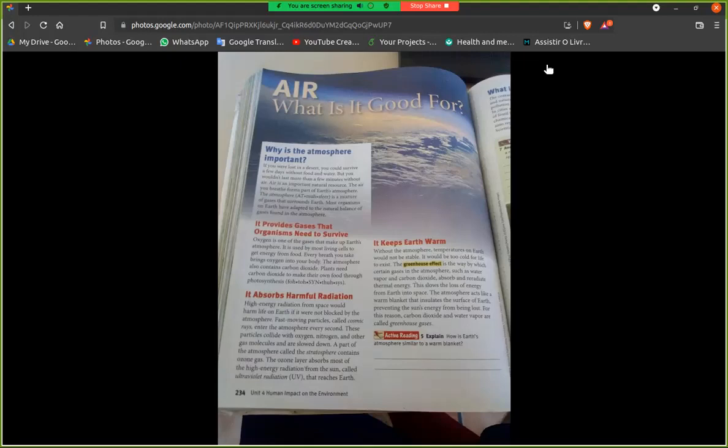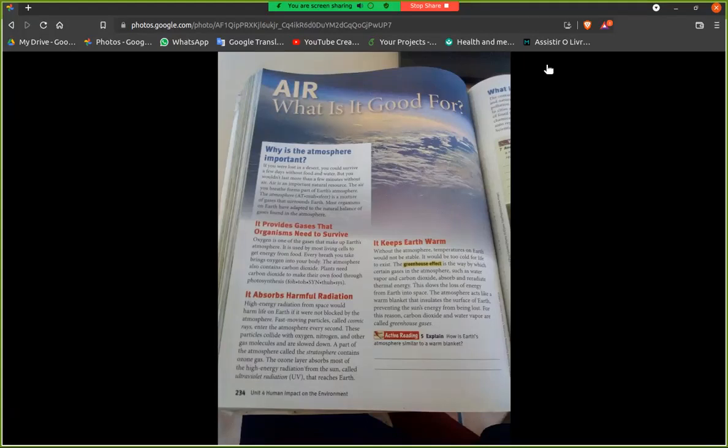It's very important. We need oxygen, and actually we need the atmosphere, and oxygen is a part of the atmosphere. The atmosphere is like a shield. It will first provide gas for us to live, like oxygen and nitrogen for some other living cells. But also it absorbs radiation. The sun is emitting radiation to the Earth and to the other planets.